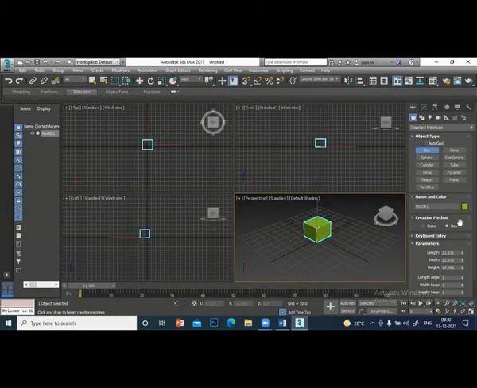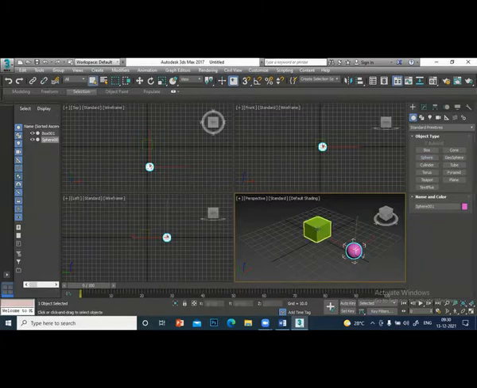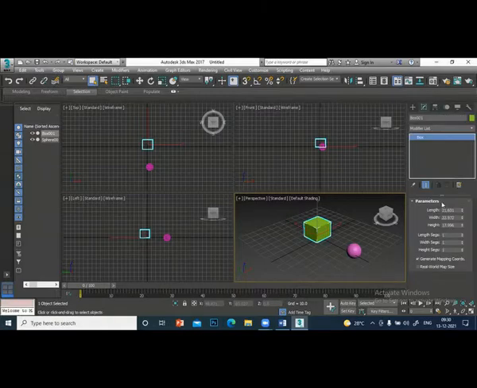After creating this object, if you want to modify, when you create a second object, the control of the first will be lost. So if you want to change this box, because you can't see the box detail now. Even if you select the box, this is for selection. You can't see the changes here. So you have to use the modify panel, click modify, and you will see all the parameters.